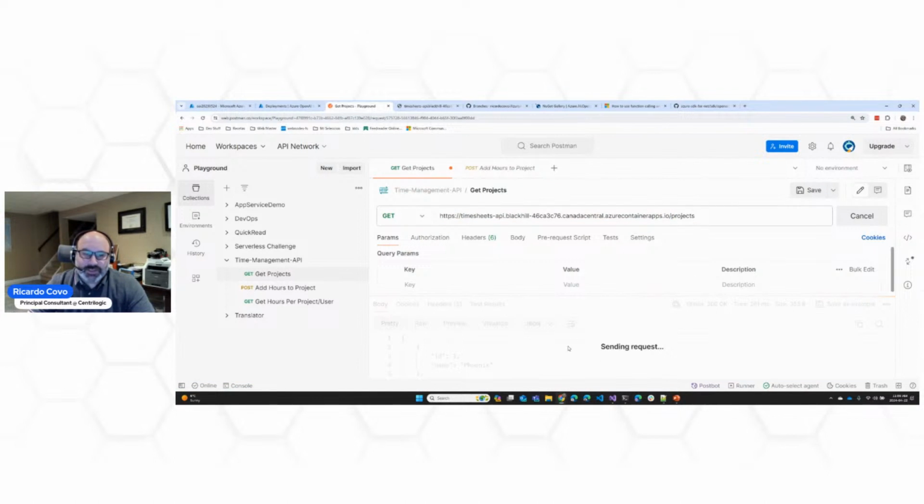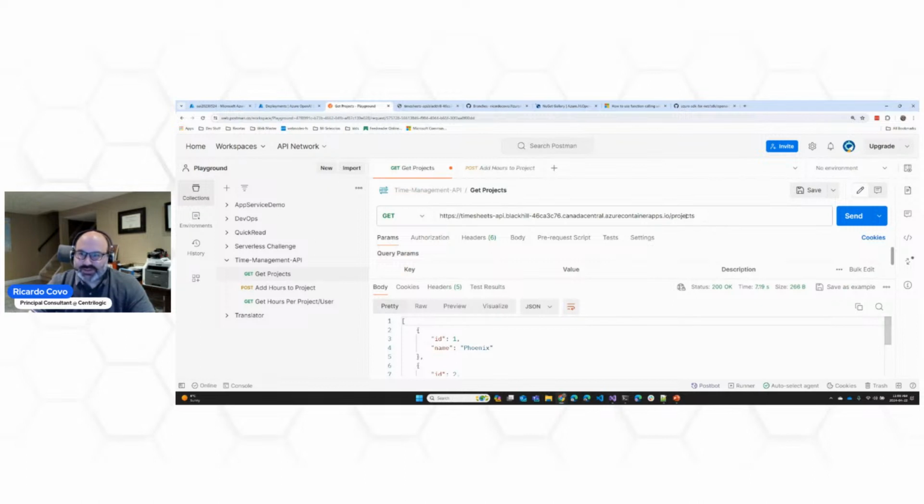The first one gives me all the active projects. So it will give me something like this. Oh, this is running on container apps, and I recently restarted it so we can start fresh. But basically, I have three projects, and then when it's time to